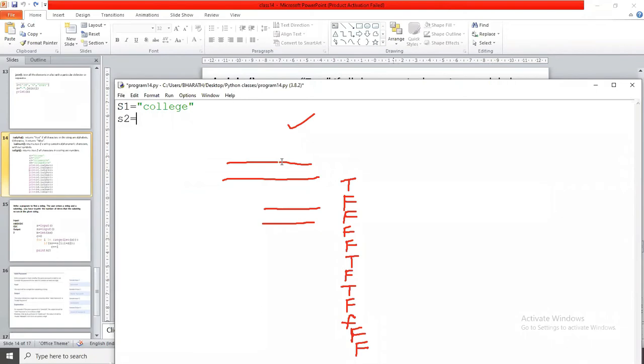S2 equals 1 2 3 4. S3 equals college 1 2 3 4.